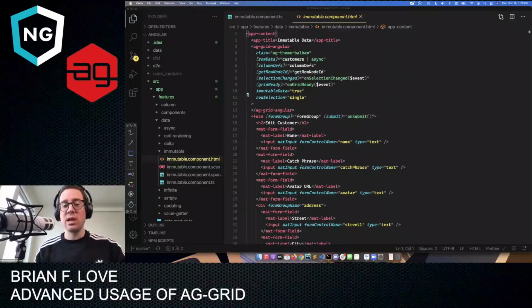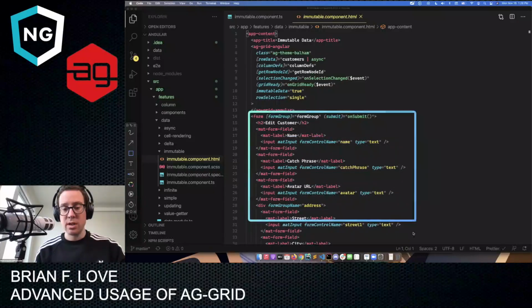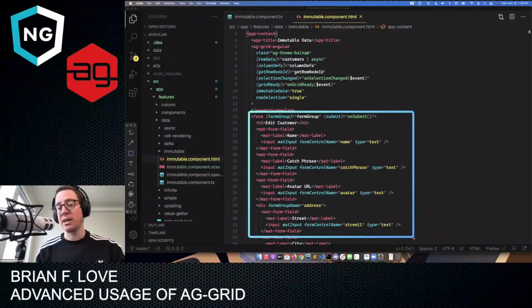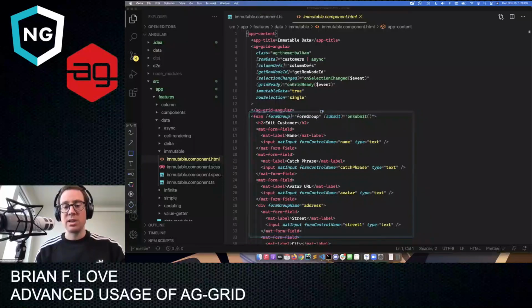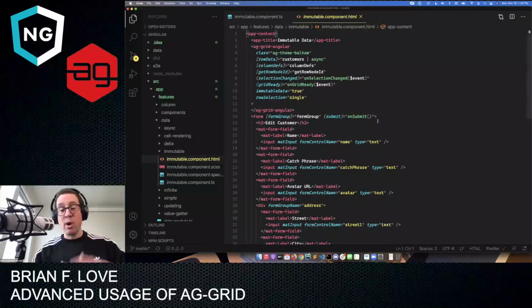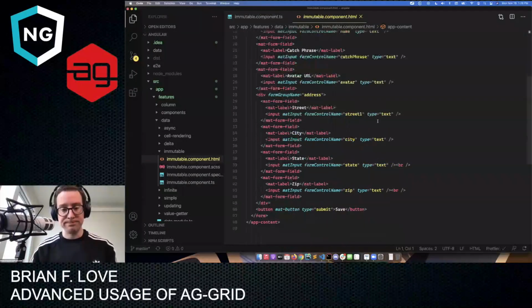I am using Angular Material, but basically I've just got a form group down here. And this form group is where I can modify the customer that I've selected. The key here is the submit output binding, and I'm invoking the onSubmit method in order to send that data to my backend, or to whoever's going to deal with updating the customer. Okay,